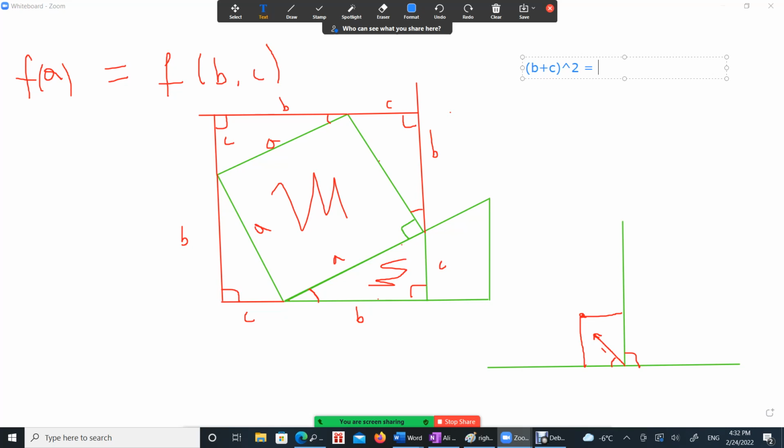So half of B times C, which basically if the thing could be extended,